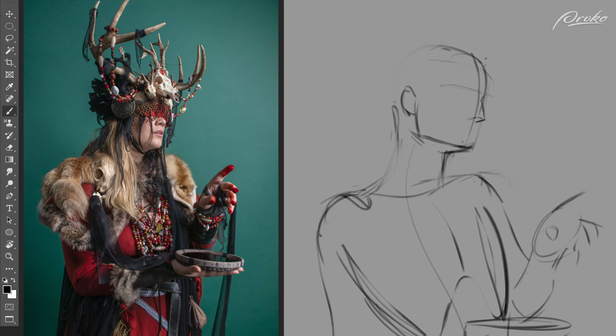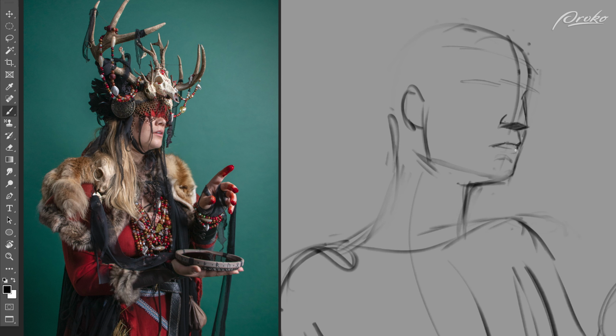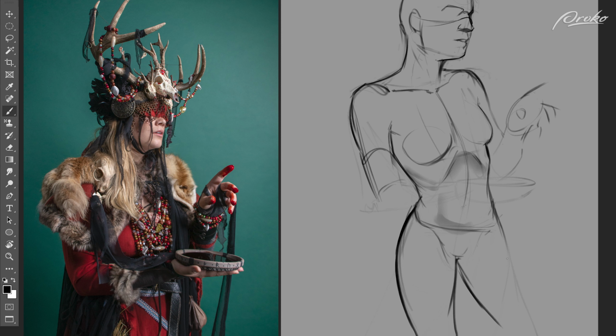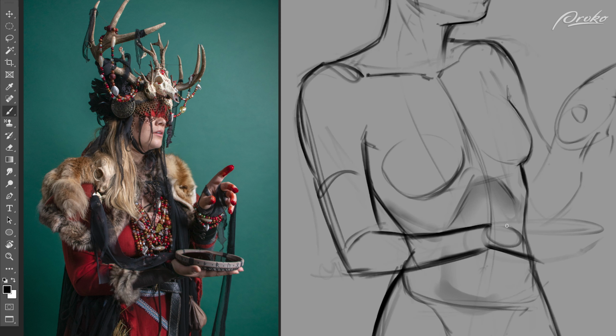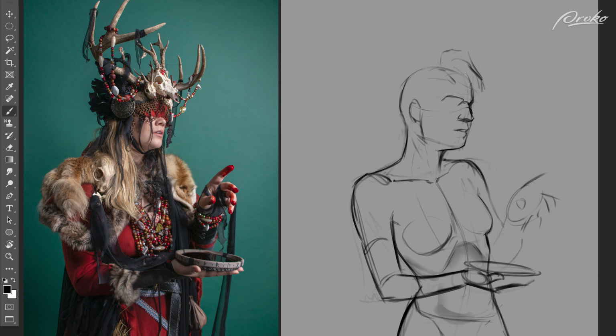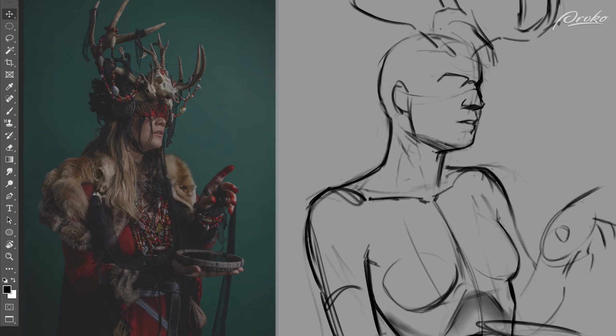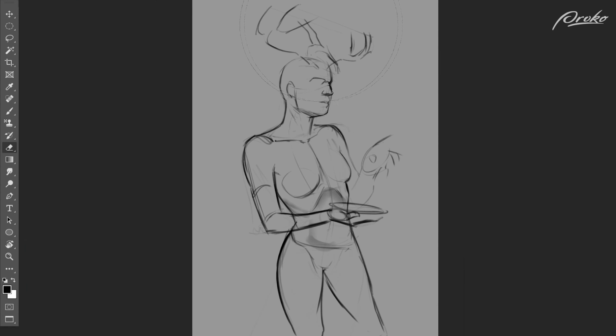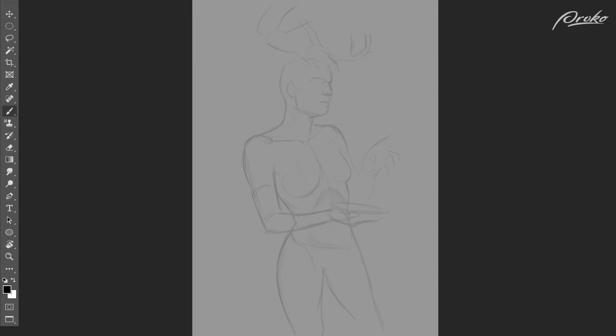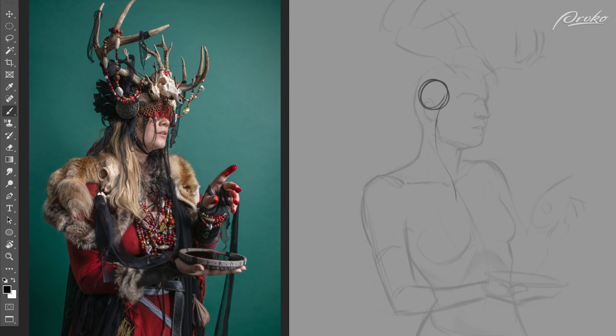As always, I'm going to start off with a figure drawing, as I feel like having some kind of structure underneath the clothing always makes my drawings better. Even though the figure is kind of hard to distinguish in the reference, I'm building the structure of my own painting here, rather than trying to copy anything from the reference perfectly. So I'm just drawing something that I think feels good, and I can then add the clothing and details on top. Once I'm happy with the figure, I'm going to lightly erase it out to knock those lines back,